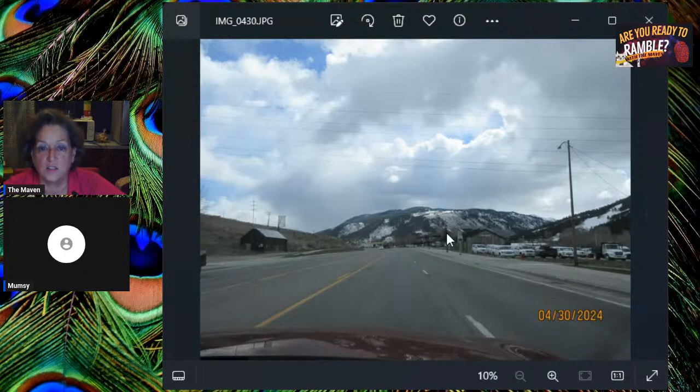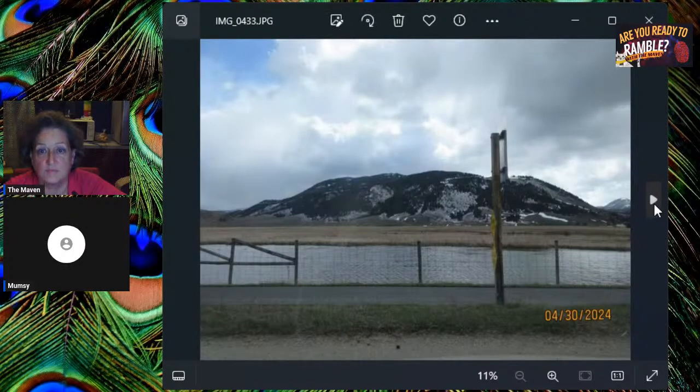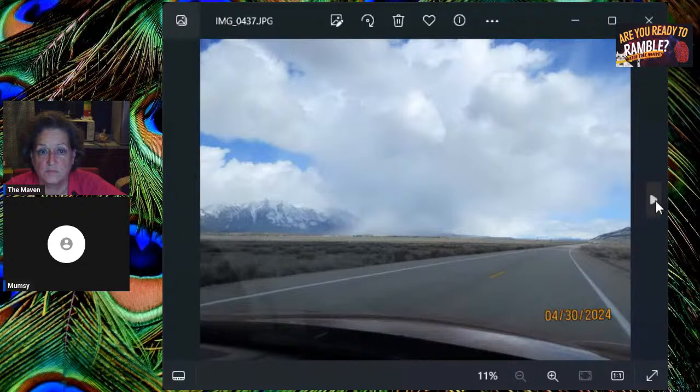So it doesn't look like much of a town. That's not in Jackson. That's just on the road traveling. Oh, okay. Another nice picture of hills and stuff. I think you took this because you can see how the cloud comes all the way down to the ground in this spot.